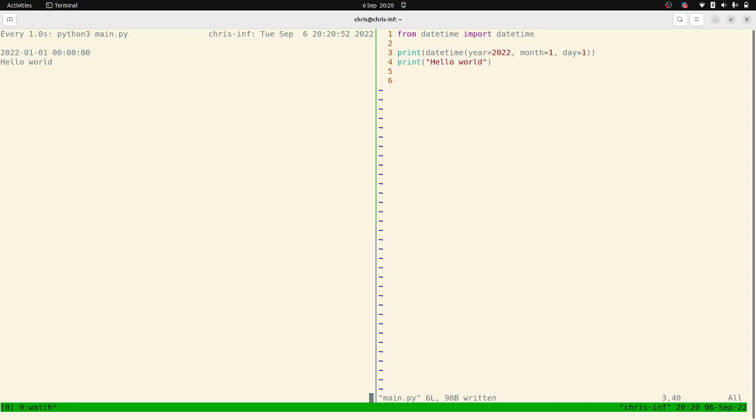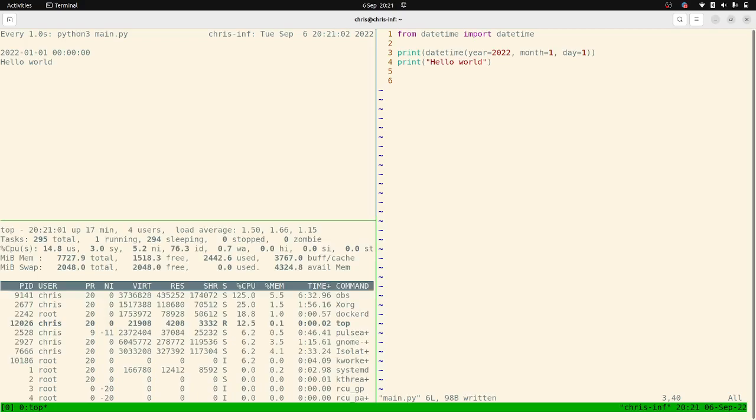Let's do Control B to the left. Let's add another window. So let's do Control B percentage. Wrong one, Control B quote. And let's just have top running. So we've got our process tree running in the background as well. Now I want to have a bigger look at the process tree because it's getting quite small. I'm switching between windows by doing Control B and then pressing the arrow keys to go between them. There is another way to do it, I've forgotten what that is, where you can select which window you want. But I'm going to go to the left and then down, and I've got the